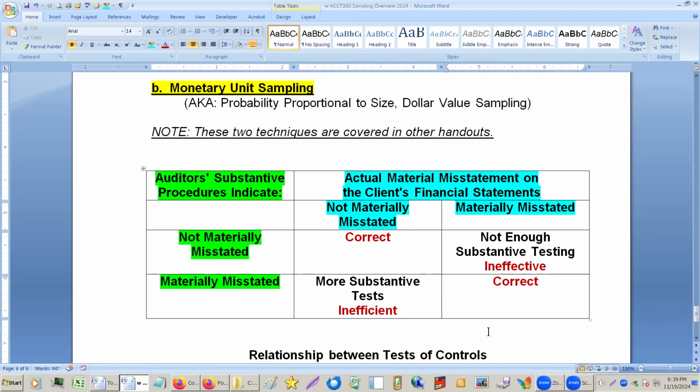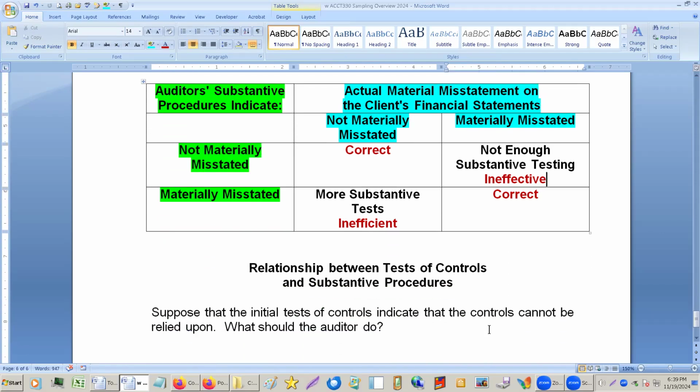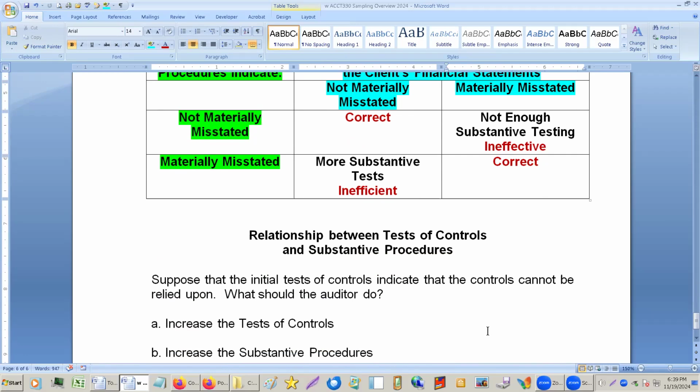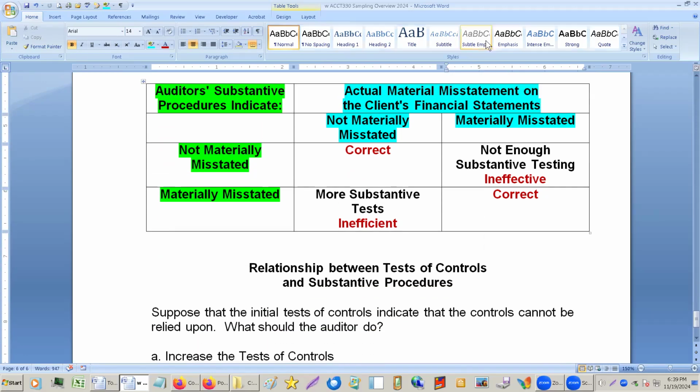Okay, any questions on that? So these are the risks that you have for testing in auditing specifically. And again, the ones that you worry the most about are the times that you think everything is fine and it's not, because that's going to lead to an ineffective audit. You're not going to do enough testing when you need to. The test will come out, and you'll think you're 95% sure it's right. Well, 1 out of 20 tests are not going to be right. And there's really nothing you can do to get out of that. And that's one of the difficult things about auditing.